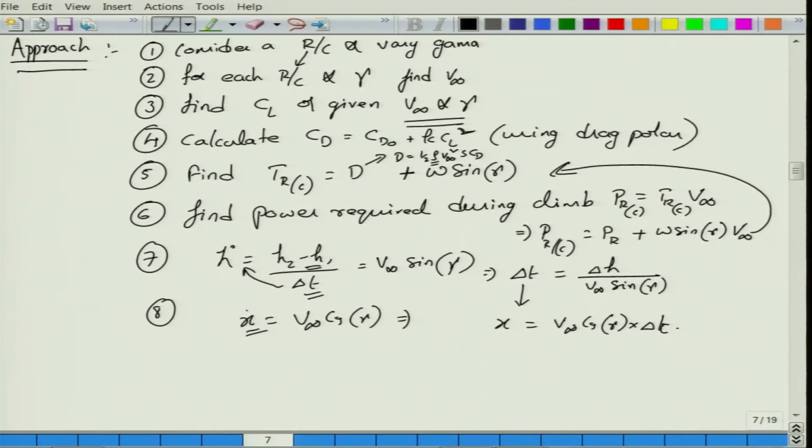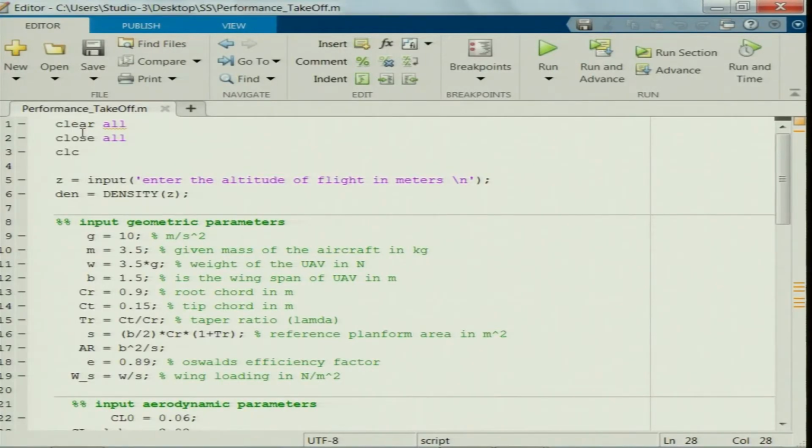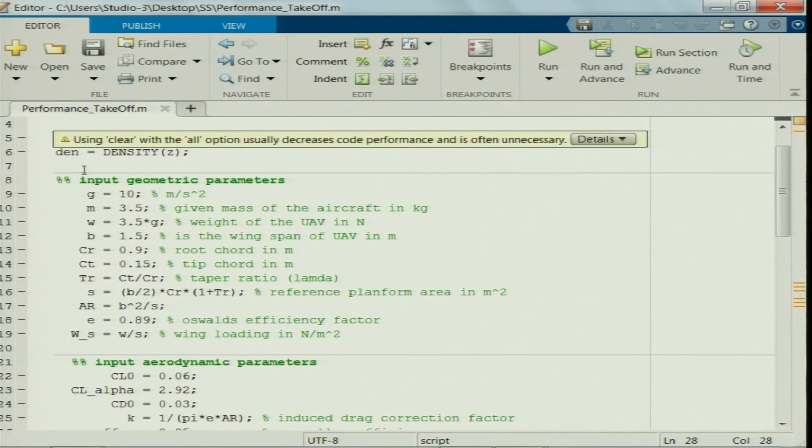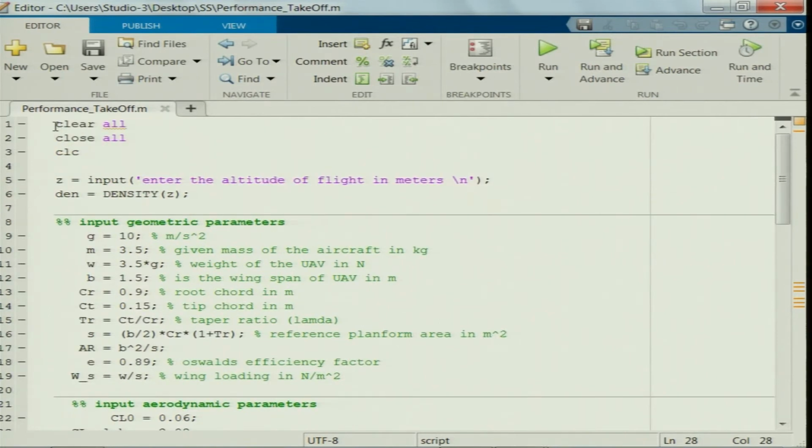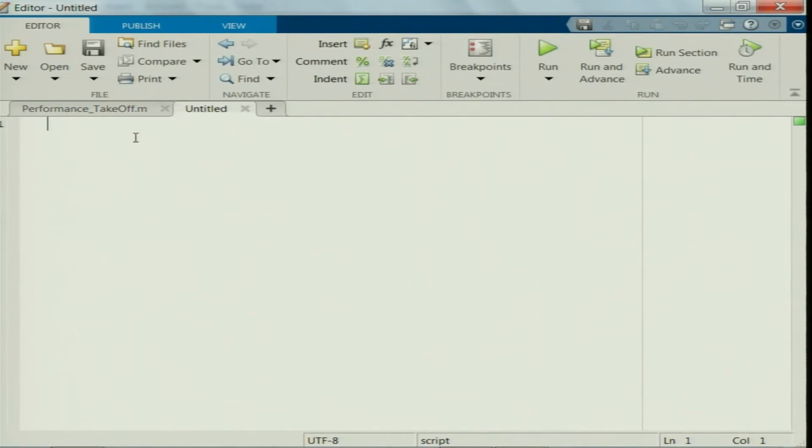These are the parameters that we are going to plot for various climb angles. So we have to make a subroutine. This was our previous question, the takeoff performance subroutine, and I would like to take a new code here.